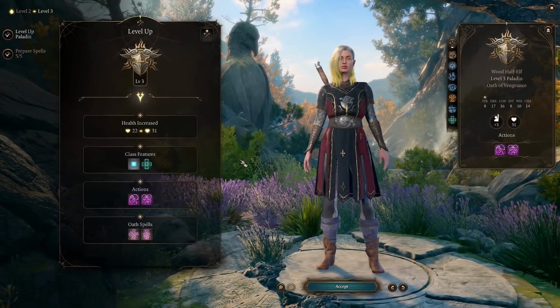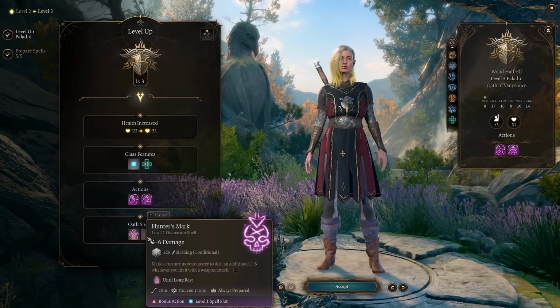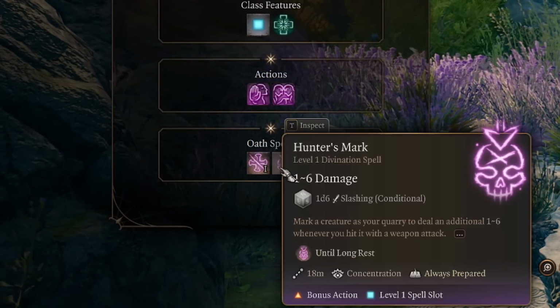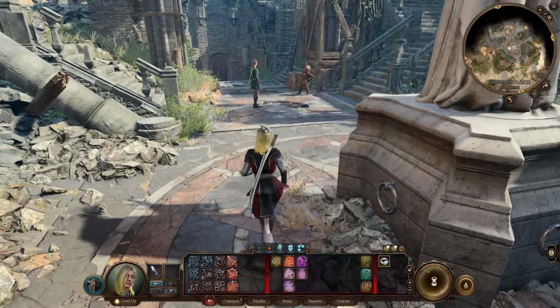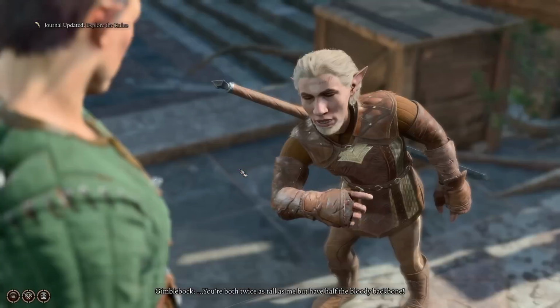3 first. Because at 3rd level, Paladin of Vengeance gets insane utility and damage amplifying abilities. First of all, Hunter's Mark that will add an additional 1d6 damage on your attacks upon an enemy. And also an insane Oath charge, Abjure Enmity. I can't even explain how broken it is right now, so let's go straight into the battle and I'll just